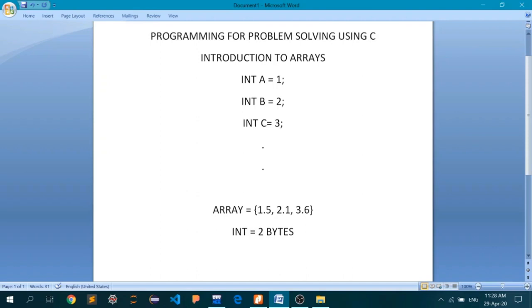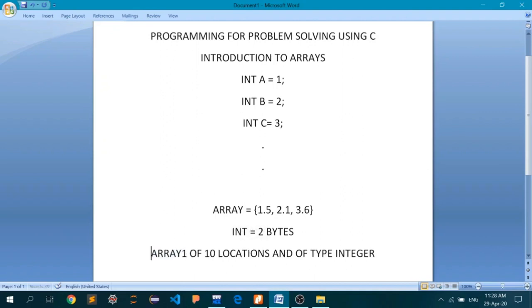So if I'm talking about an array of 10 locations and of type integer, then I'm talking about 10 multiplied by 2, that is 20 bytes allocated for this particular array. Let's name it array 1.